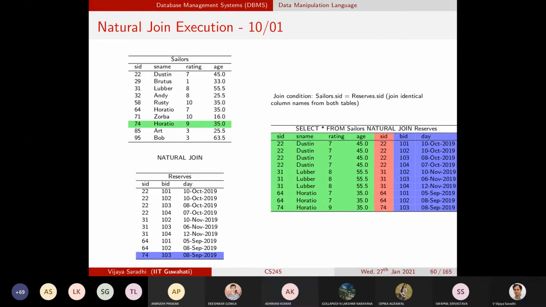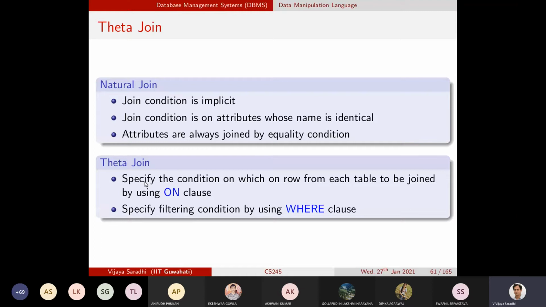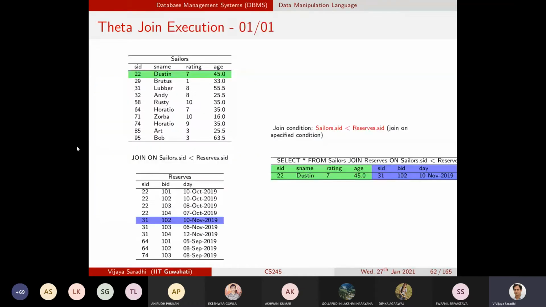Yes, sir, I got it. Okay, perfect. So now we have looked at one simple implicit equality constraint in terms of natural join. However, if you wanted to place a flexible condition and flexible join columns, then we need to use theta join. So this notation of theta join is more from the relational algebraic notation. So that's why I'm bringing it in. When we write the SQL query, theta word will not even appear. So we'll look at that one.